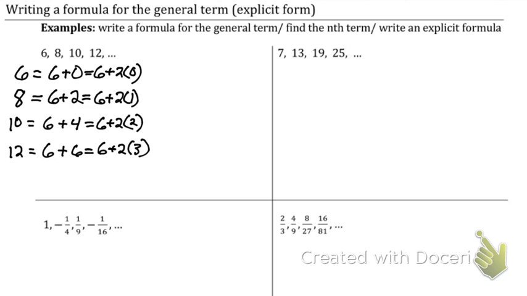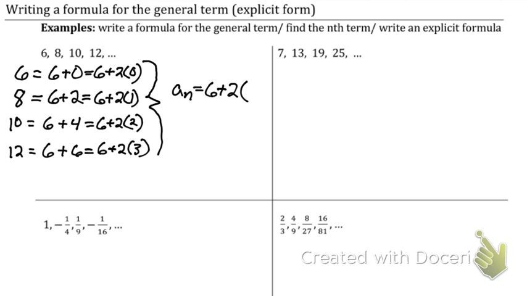And more importantly, I can relate it to what term it is. On my first term, I'm multiplying by 0, second term by 1, third term 2, fourth term 3, fifth term 4, sixth term 5. My 100th term would be multiplying by 99. So if I know how to get to the 100th term, that must mean I know an equation. There is an equation built into all of these. And this equation is going to be, for this one, a sub n is going to equal 6 plus 2